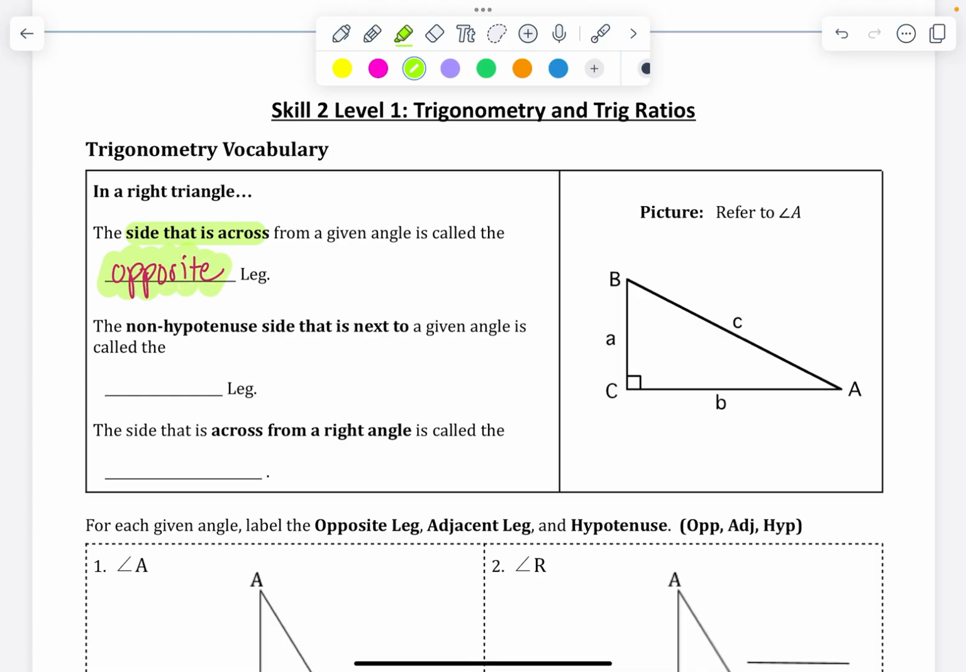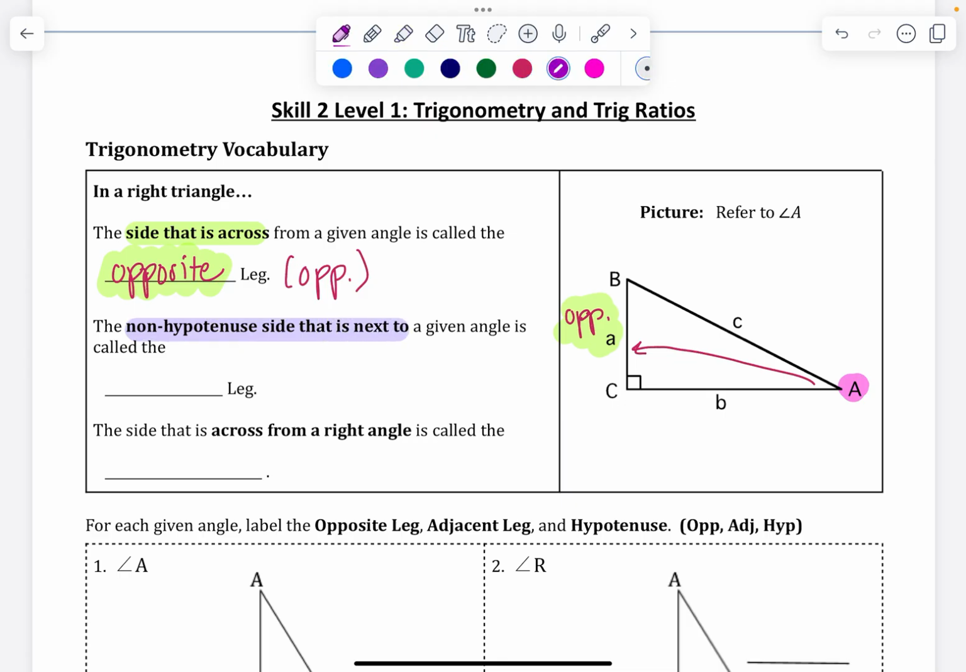So in our picture, it says refer to angle A. Here's angle A. Across from angle A, this is your opposite side. I like to abbreviate it as OPP. Then it says the non-hypotenuse side that is next to the given angle